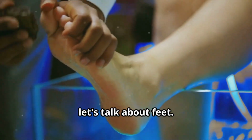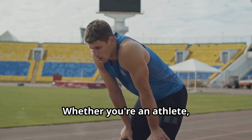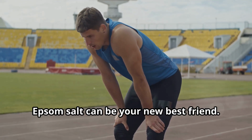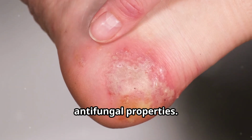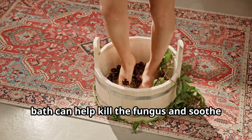Okay, let's talk about feet. Specifically, how to keep those puppies healthy and smelling fresh. Whether you're an athlete, a runner, or just someone who spends a lot of time on their feet, Epsom salt can be your new best friend. First up, athlete's foot. This fungal infection can be a real pain, but Epsom salt can help thanks to its antifungal properties. Soaking your feet in a warm Epsom salt bath can help kill the fungus and soothe the itching